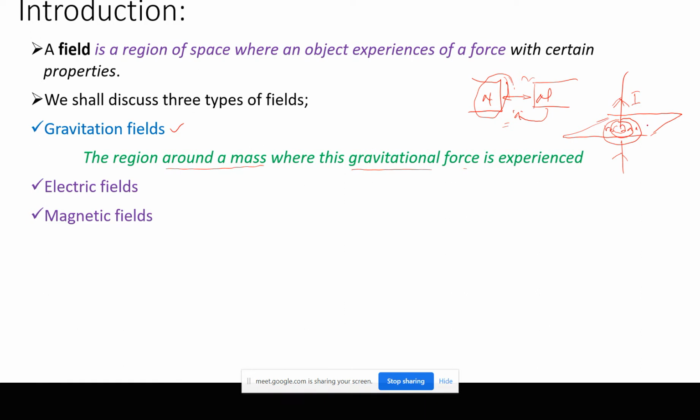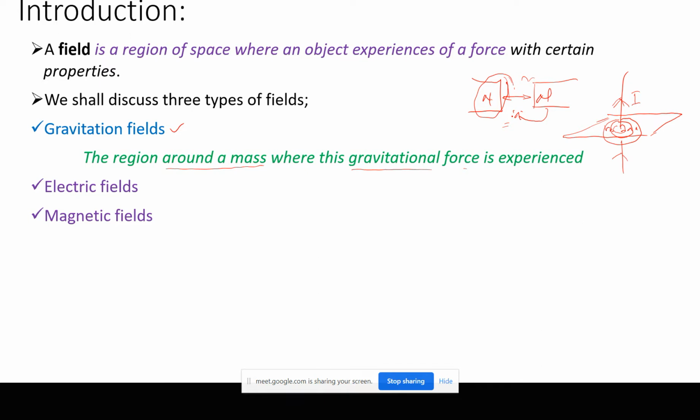So that force is going to be due to the magnetic field which is created around a current carrying conductor. So there is a magnetic field around permanent poles of magnets. There is a magnetic field around a wire which is carrying current. So we expect to experience forces around those points. So we shall be exploring